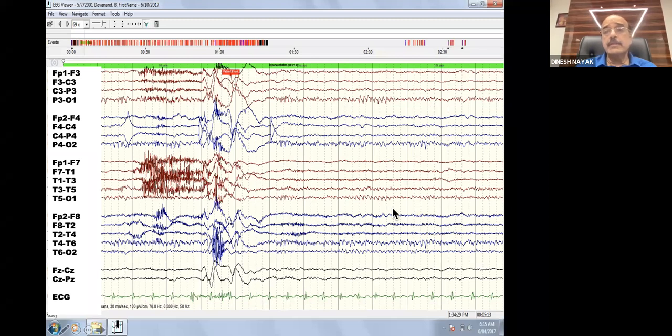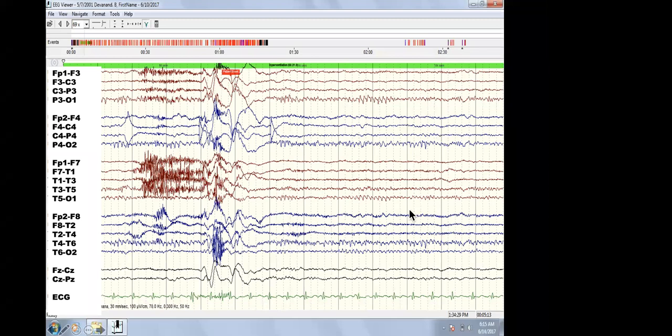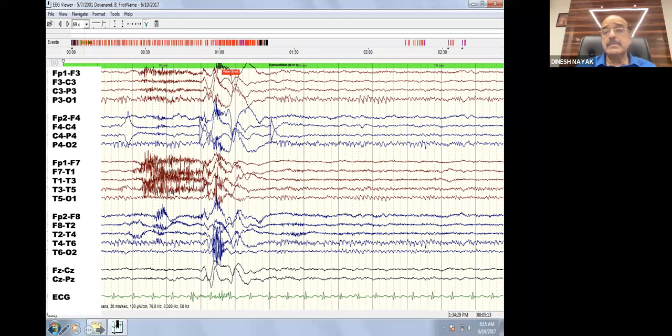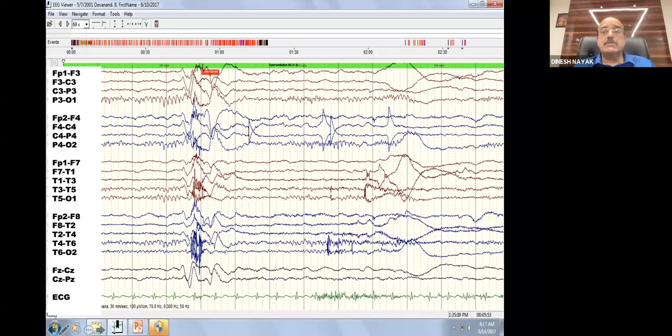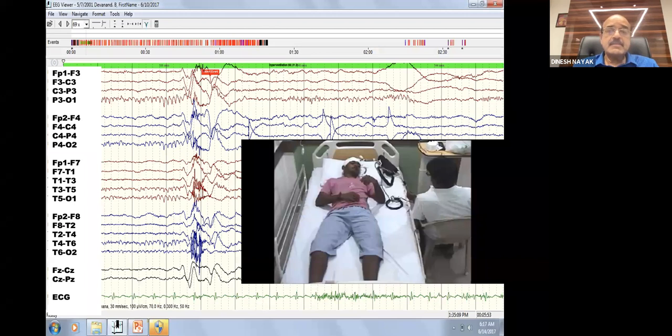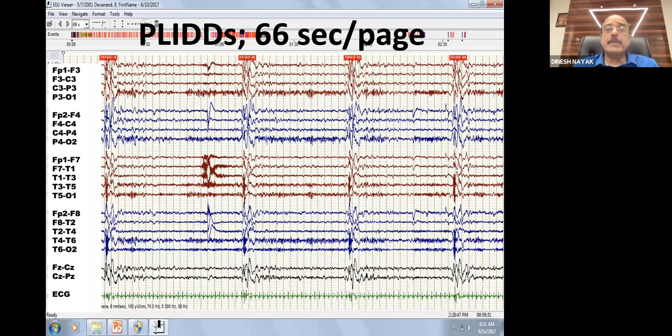So you think, oh, this is quite random. It comes occasionally, and this could be an IGE syndrome because the background is normal. But no, again, the history becomes important. And look at this pattern, that slow myoclonus. This is not a rapid myoclonus. This is a slow myoclonus, and that's classical. So always use the paper speed. You can compress the page and then see whether these discharges, which seem to be random, have a periodic pattern. And that's what a digital EEG can do. You can actually compress the page.